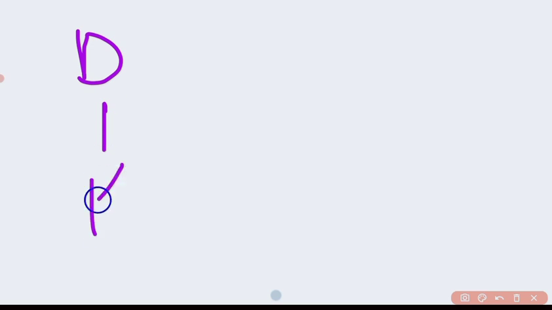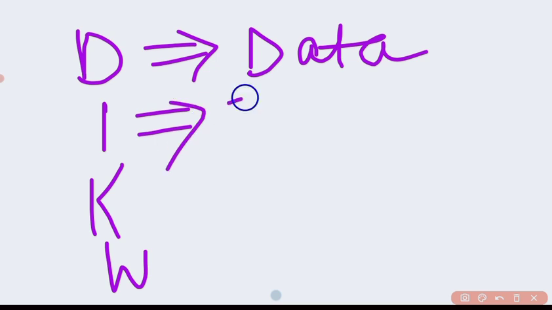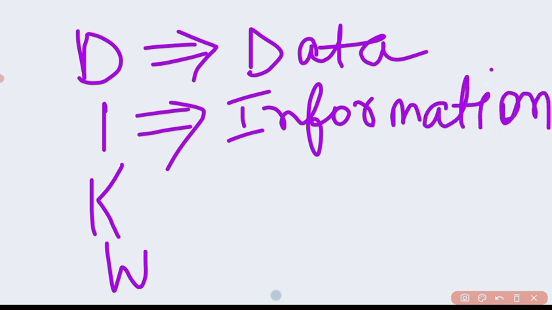Before stepping into the role of a library in different areas, one topic is there, that is information and society. There we will be studying about DIKW. Now what actually is this? D means data. First of all, when the thing is in a raw, unorganized form, it is data. When you organize it, it becomes information, and when this information is transferred from one place to another, it becomes knowledge.